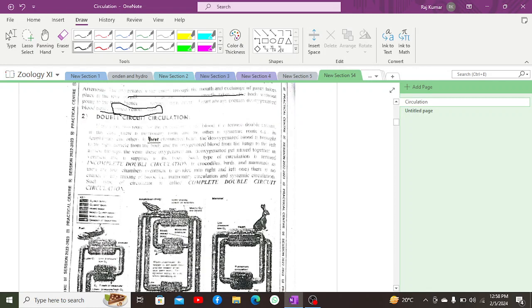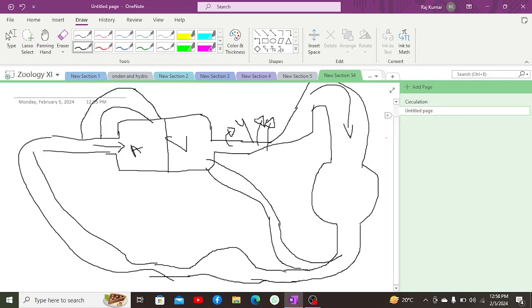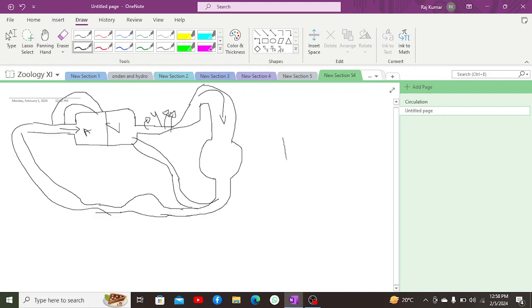Moreover, when it comes to double circuit circulation, it is a circulation in which either a three-chambered or four-chambered heart is involved. If we are talking about a three-chambered heart, it will have two auricles, left auricle and right auricle. I'm talking about the heart of amphibians. Amphibians have a three-chambered heart, and here there is a right auricle,